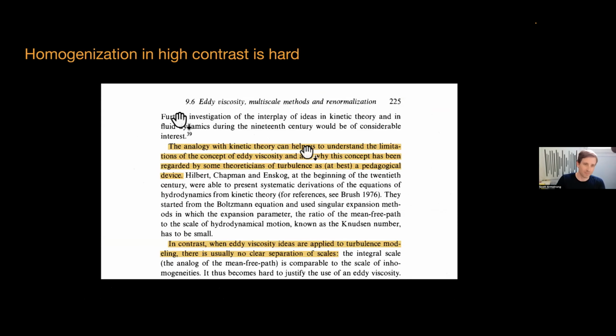But then Frisch explains that this can never work in a rigorous way because there's no scale separation, and therefore it's best regarded as a pedagogical device, this eddy diffusivity. So I think the upshot of our work is that you can maybe make this actually work. At least we build a sort of synthetic vector field, which looks like a fluid, maybe, for which you can prove something. And so maybe there's some hope that an idea like this can work.